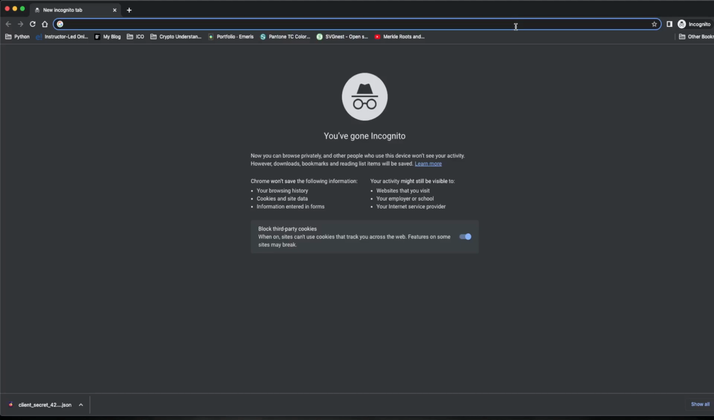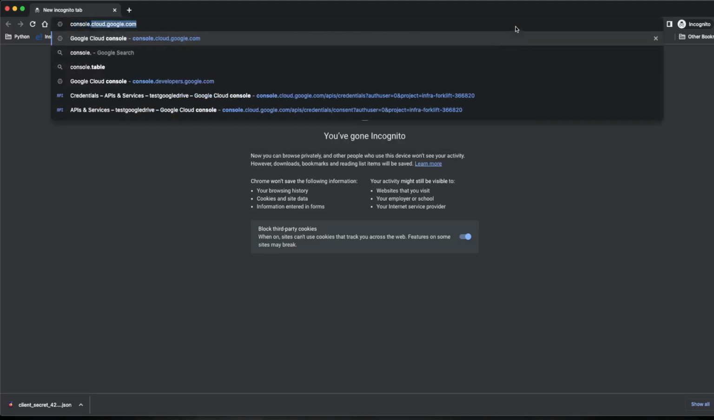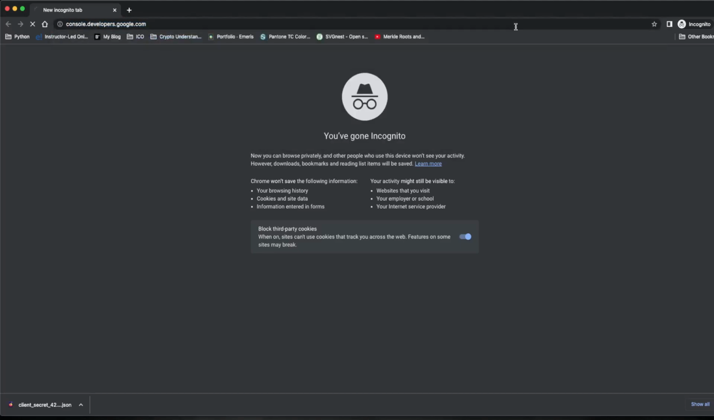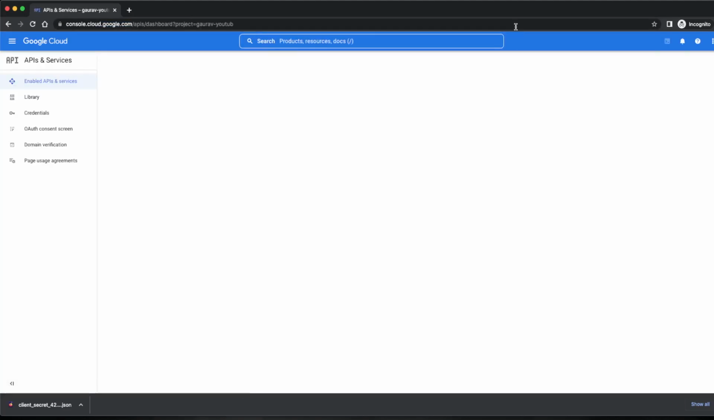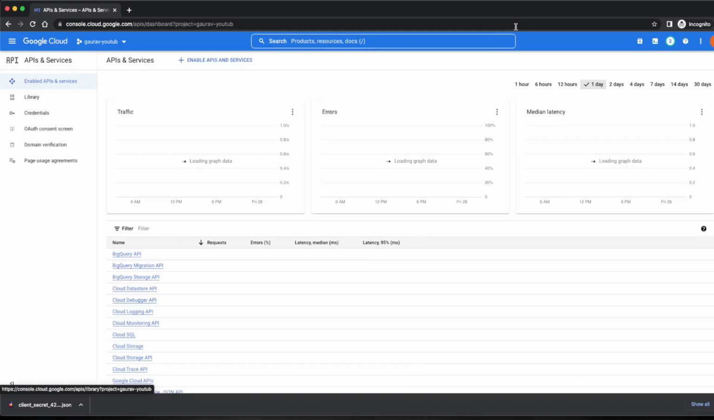Okay, so let's do one thing. For creating API keys, the first thing that we need to do is go to console.developers.google.com, and this will take us to the Google console from where we can create different projects to manage different